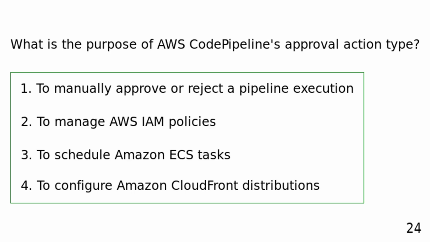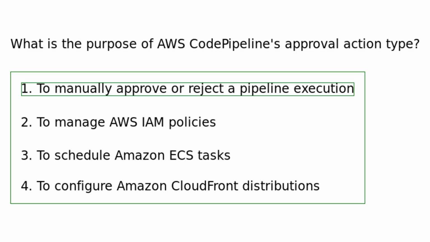What is the purpose of AWS CodePipeline's approval action type? To manually approve or reject a pipeline execution. To manage AWS IAM policies. To schedule Amazon ECS tasks. To configure Amazon CloudFront distributions. AWS CodePipeline's approval action type is used to introduce manual approval steps into a pipeline, allowing stakeholders to approve or